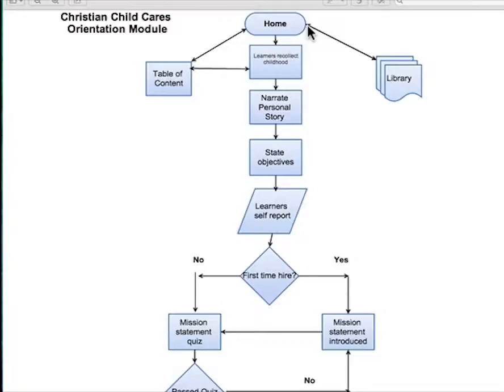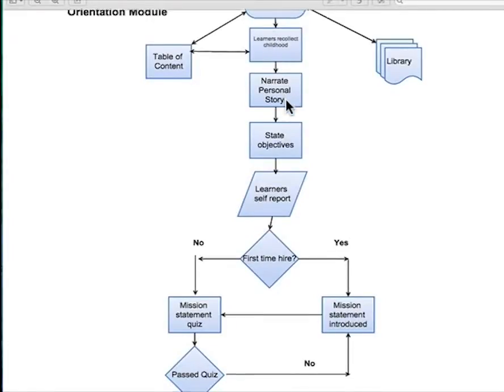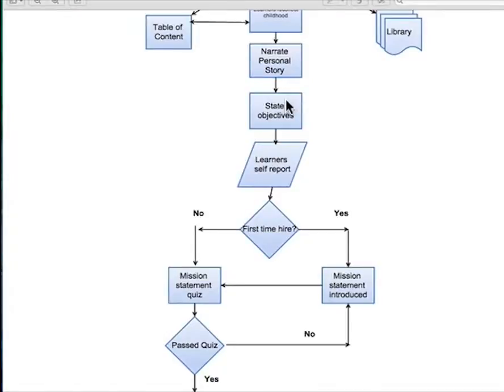The first thing that users will see from the home screen is a table of contents on the left, and on the right is the library. And then in the middle, users can go down the path. First, they would have to recollect a childhood memory, and then they would hear a personal story from the trainer,